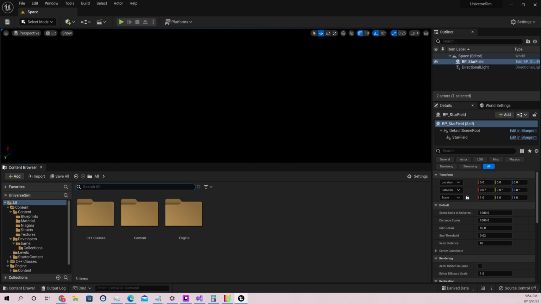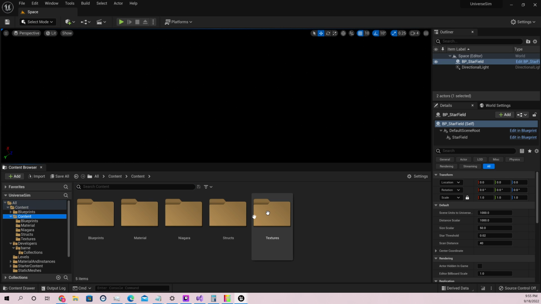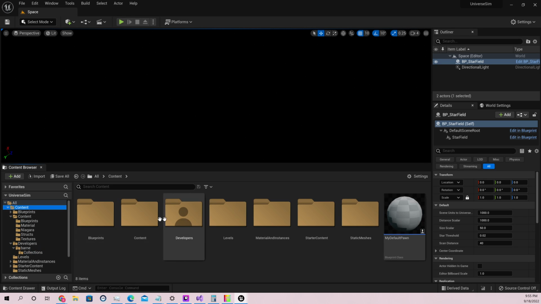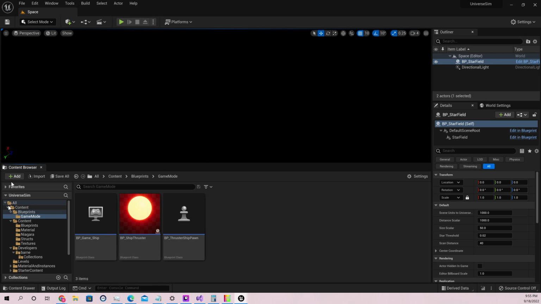Select folder. No. Content. Select folder. Migrating into a folder with consolidated references? No. Copied 11 files. Okay, sure. Content. This is